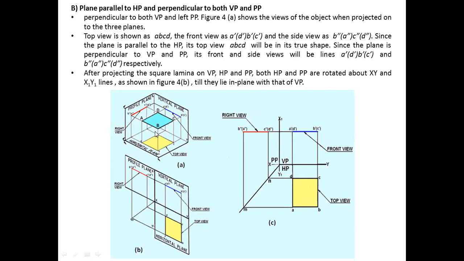And in which plane will you be able to see the true shape? Horizontal plane. Very good. Now, if I change its orientation and make it parallel to the profile plane, then in which view? Side view. Not front view, it is parallel to the profile plane. Then in the right side view, I will be able to see the true shape projected on the profile plane, isn't it? Yes, sir. Correct or not? Yes, sir.